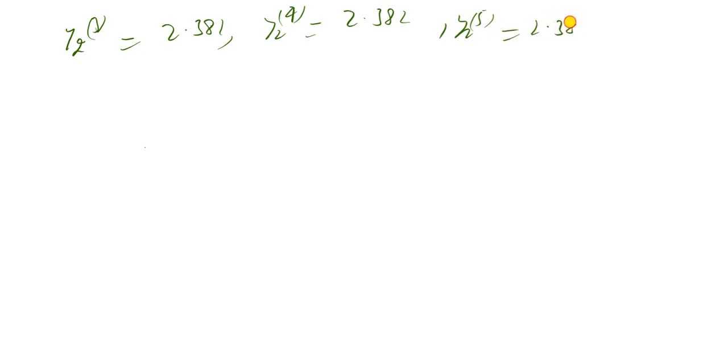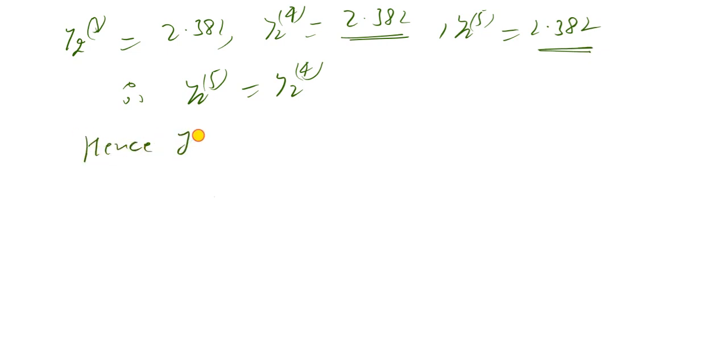so on in equation 2 and then we obtain y23 is equal to 2.381. Similarly y24 is equal to 2.382. Then y25 is equal to 2.382. So here y25 is equal to y24 because both values are equal. Hence y at 1, that is y2 is equal to 2.382. So this is the value of the y at x is equal to 1 correct to 3 decimal places with the help of the modify Euler's method.